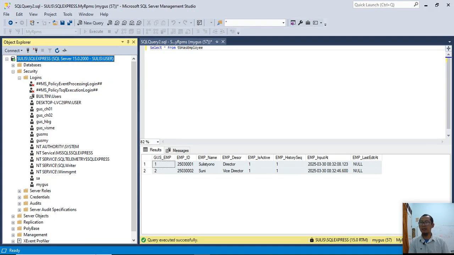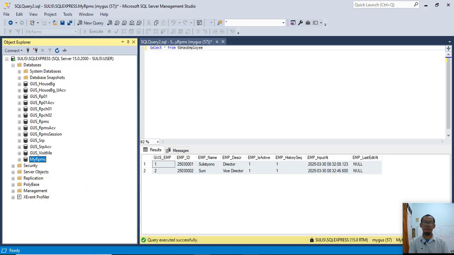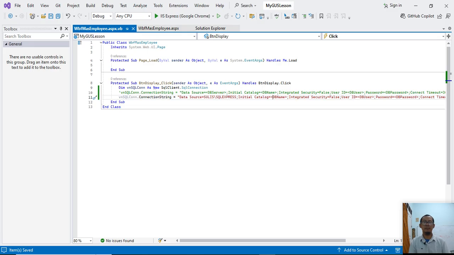My database is my RPMS. The user ID that I just created was my Goose, and the password is Goose19.